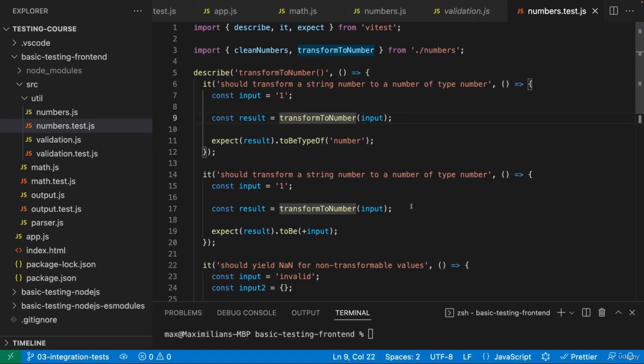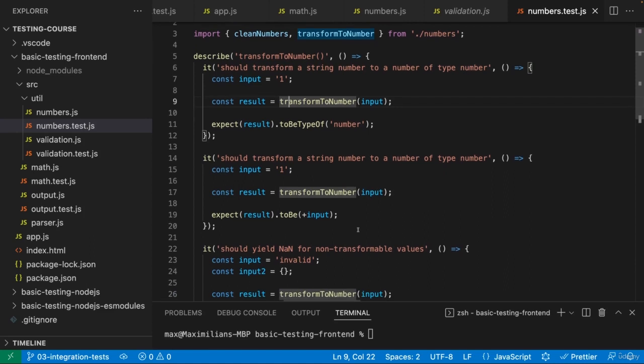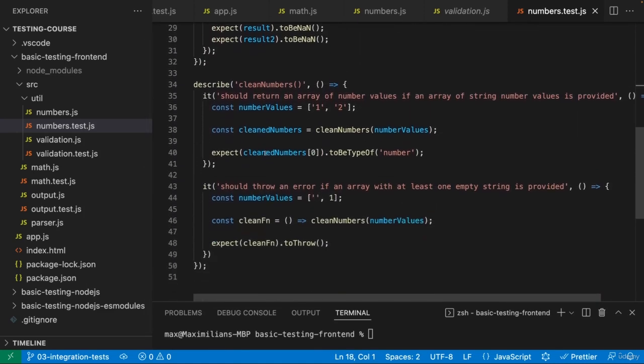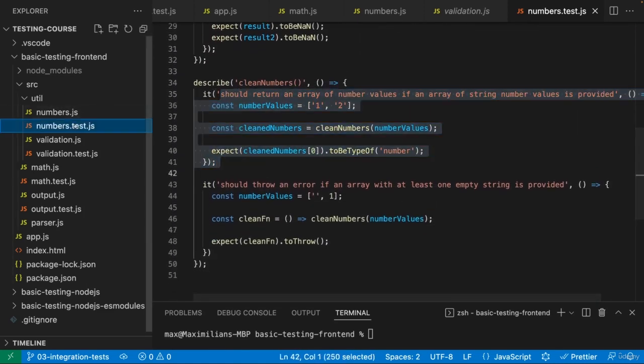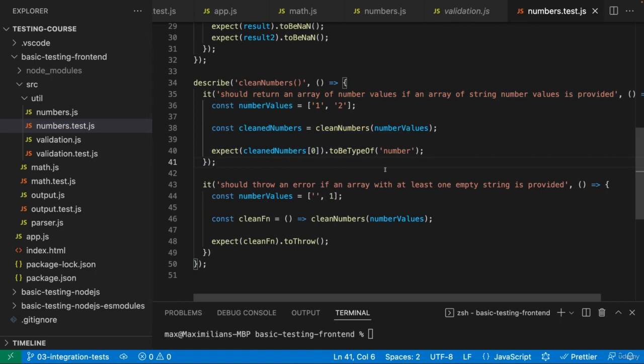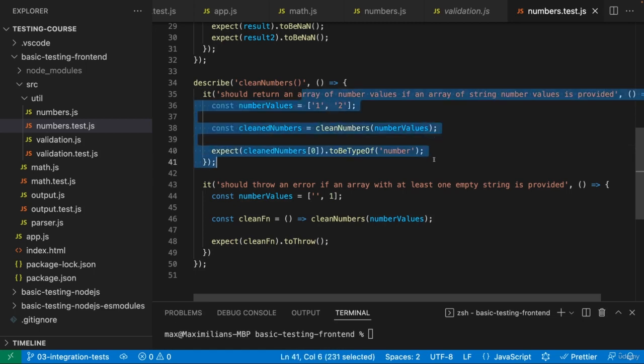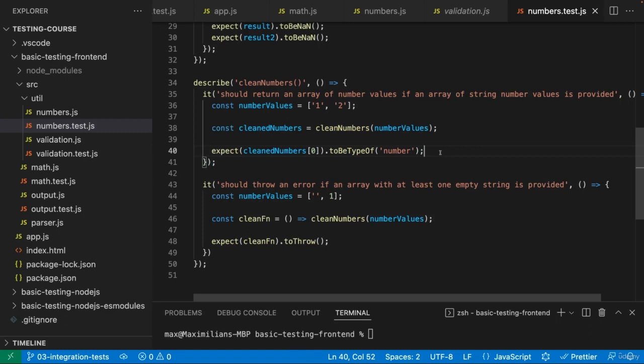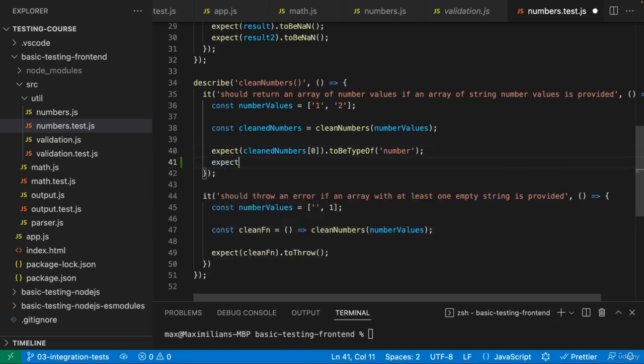Now, before we dive into asynchronous tests or these hooks I mentioned, there's one other thing I want to do first though. And that's related to this test here in the numbers test.js file, where I'm testing whether I'm getting back an array that contains numeric values. At the moment, we're testing it like this, and this works, but we could also write our expectations slightly differently,